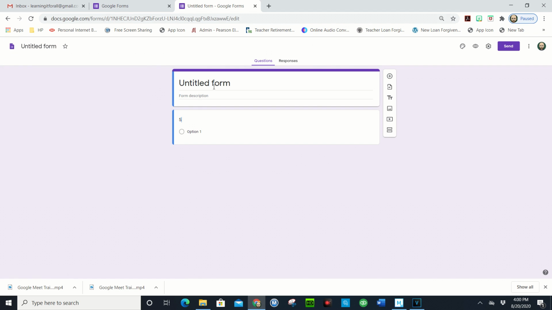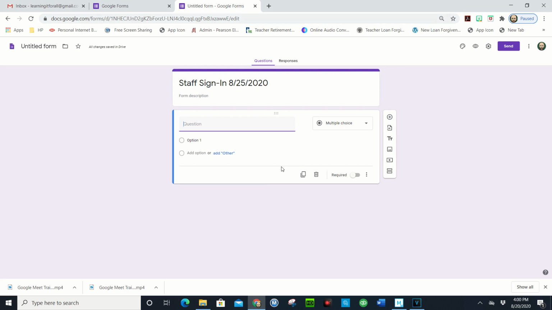So let's assume this is a staff sign-in sheet that you want to create. We'll go up to the title here: Staff sign in, and you can even put a date here. This is where you start creating your form. This is what you want the person to answer. Because this is a sign-in sheet, I would put down here first name, and here you want to make it a requirement